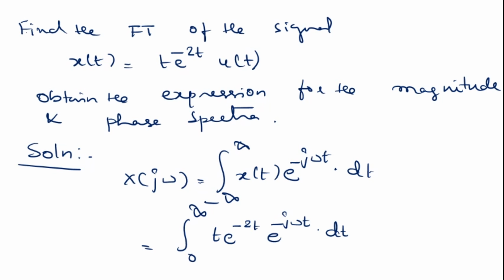Here we have to take it from 0 because the function is unit step function. U of t starts from 0. So integration starts from 0 to infinity t into e power minus 2t into e power minus j omega t into dt,